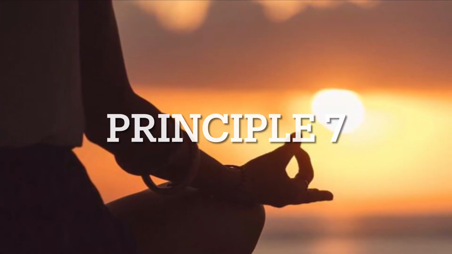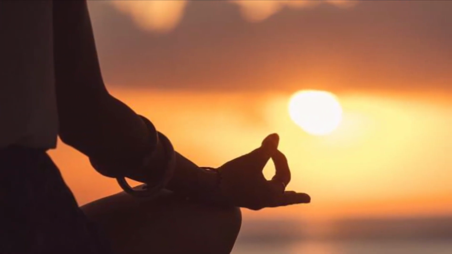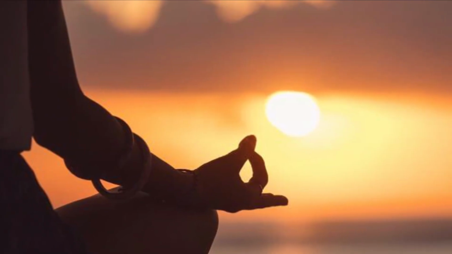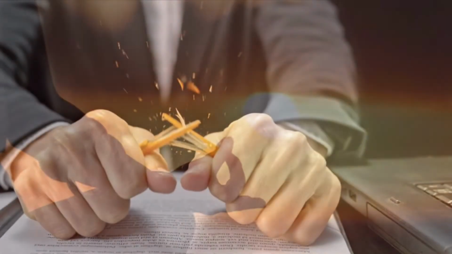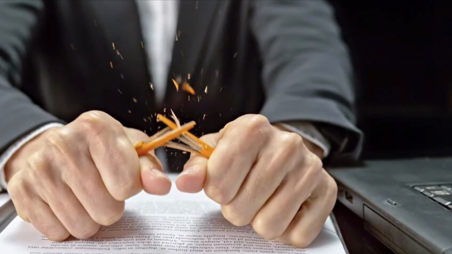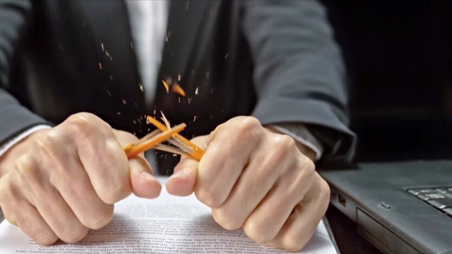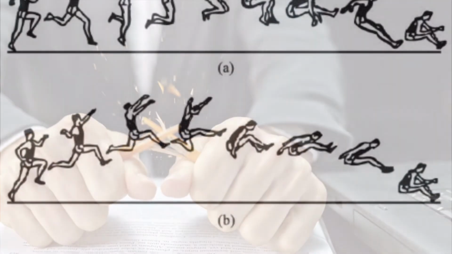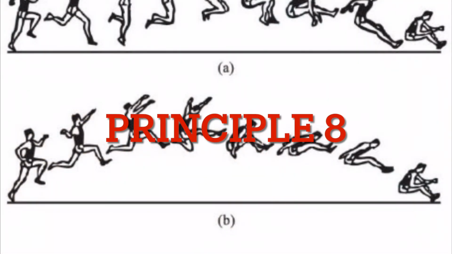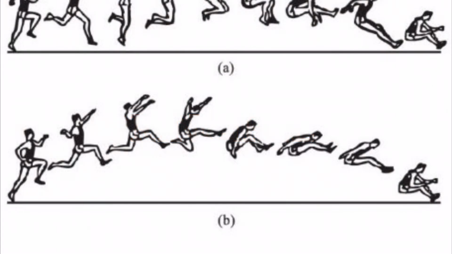Now, principle 7 states that there should be a positive relation between physical and emotional state to maintain balance. When we are not in a good mood, we don't feel like doing work, or when we are sick, we don't feel good. This shows that there is a relation between mental and physical, and somehow if we lose our stability, then how to regain it? That's what principle 8 is about. Regaining equilibrium is the same as maintaining it, like lowering our center of gravity, increasing base of support, etc.